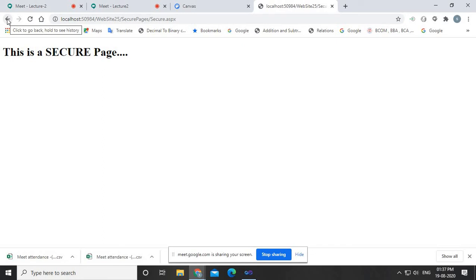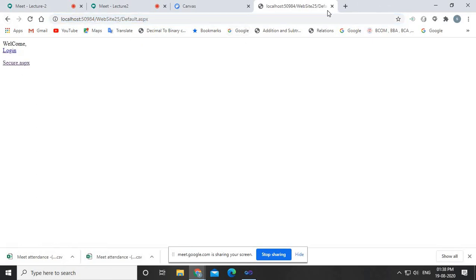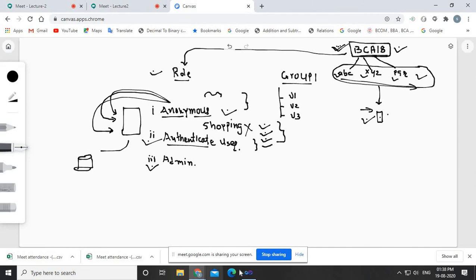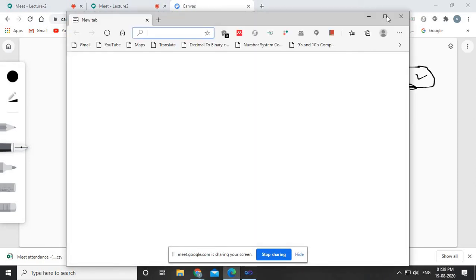Okay. I know there are certain students thinking, okay sir, what we will do is, after login I will just copy this URL, and then we will do the logout. The URL is copied, saved into a notepad file.